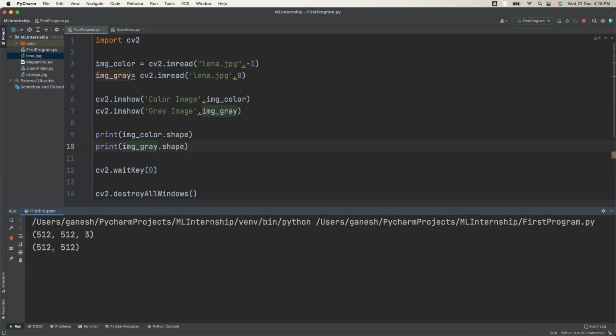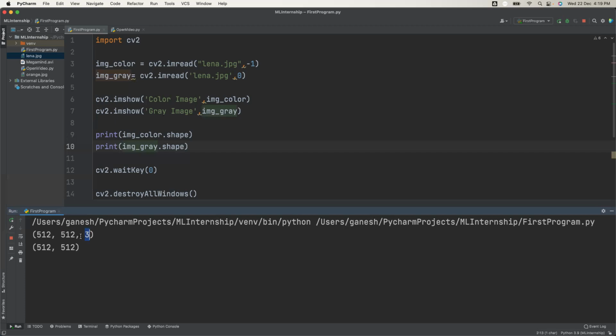The first one is the height, the second one is the width, and the third one is the number of channels present. Here it is color, and we know it is BGR format, blue, green and red. So there are 3 layers, or 3 channels.